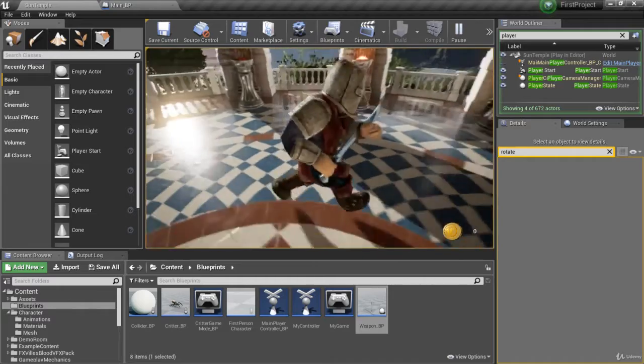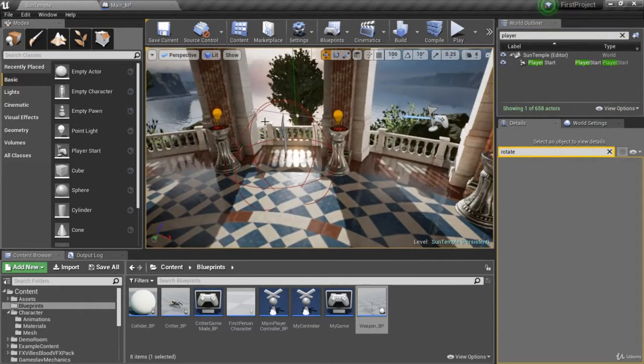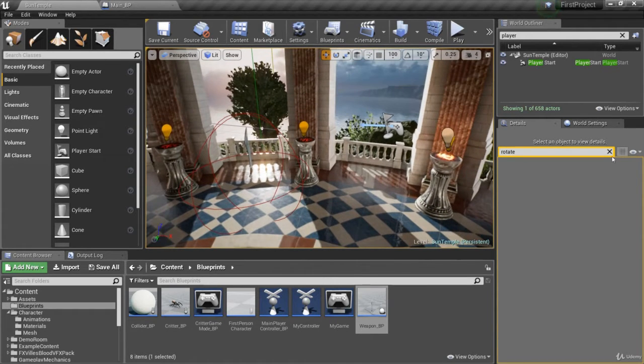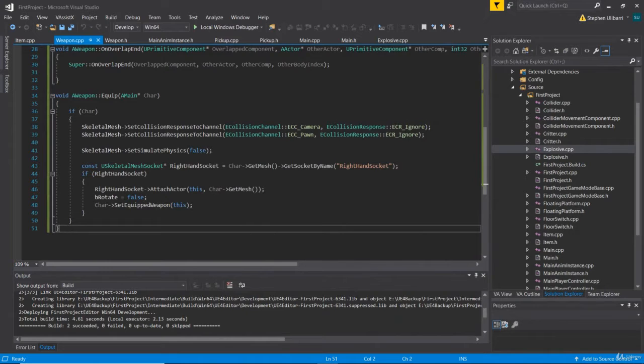What I'd like to do is, as soon as we overlap with the item, have the choice of clicking the left mouse button, for example, and then equip it. And to do that, I would like to have our character have a variable for the item